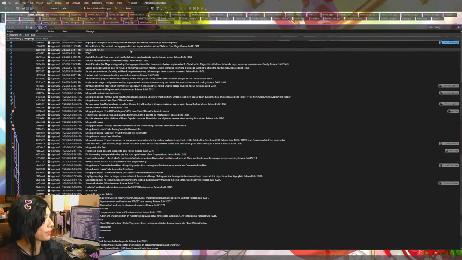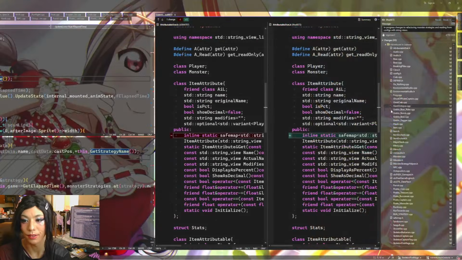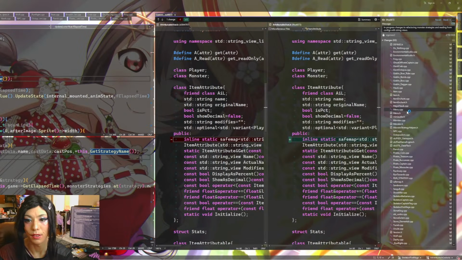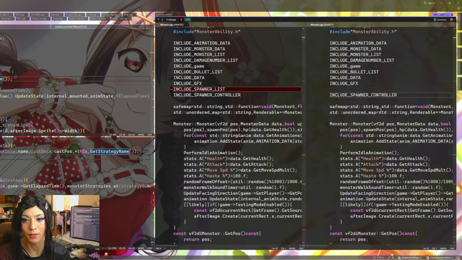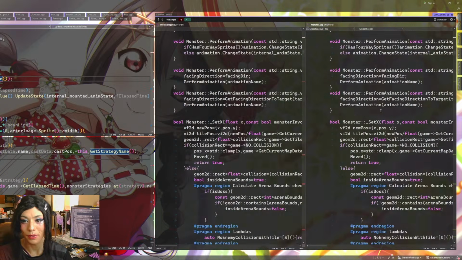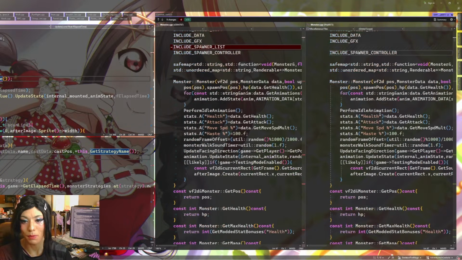Oh, it wouldn't be the strategy name though, it would be the enum for the strategy that matches name-wise, which we already solved. Let me go grab that real quick, because I don't want to rewrite that. That took a minute. So it should be in... we're basically still in the process of restoring some old code that we messed up earlier when we did string view stuff, so I'm just bringing it all back.